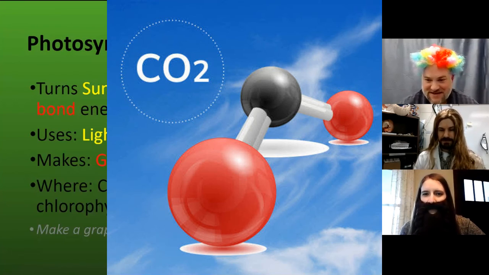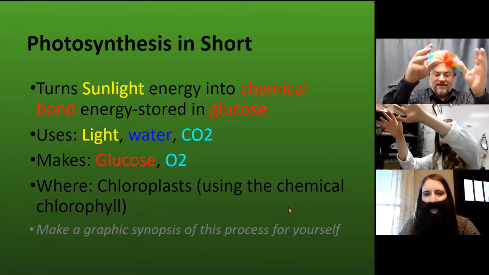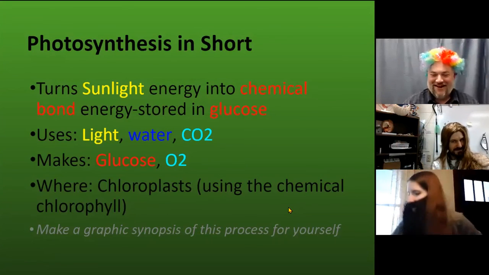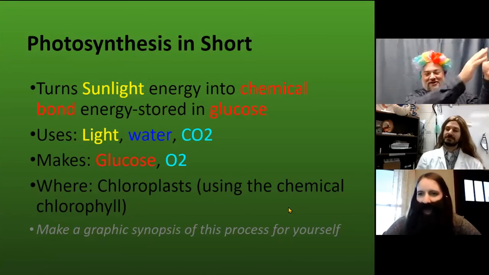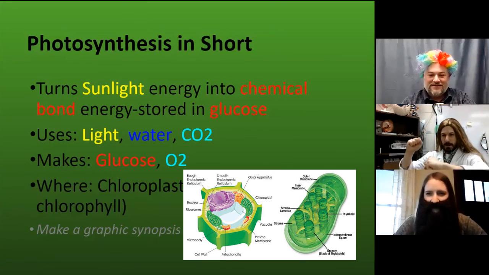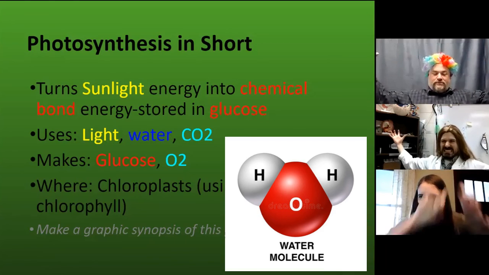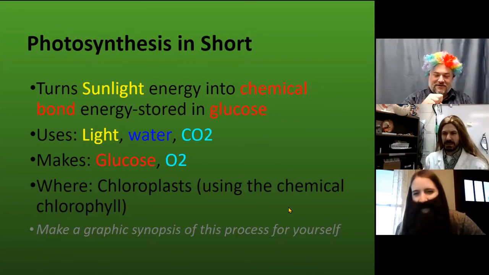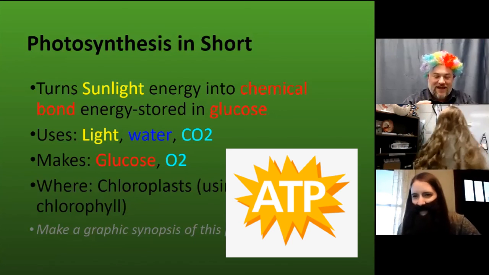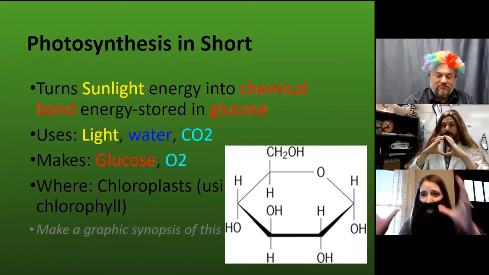So just to wrap up the slightly more complex version of photosynthesis, basically what happens? So sunlight hits the plant, hits that chloroplast. We're gonna all do our own interpretive dance. All right. Okay, I'm ready. So here we go. So sunlight hits the plant, hits that chloroplast and the chlorophyll, and is used to break water apart. And then that hydrogen spins the water wheel and makes ATP, which we then use in the dark reaction to make glucose. And to sum it all up,